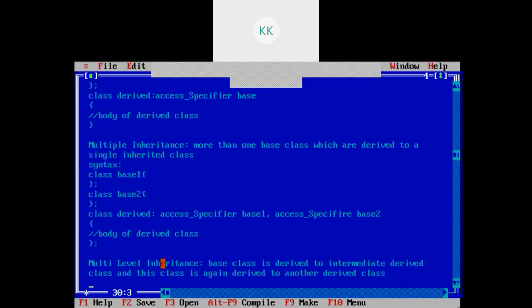So in this you will be having a level one base class, then derived class 1, and then derived class 2.